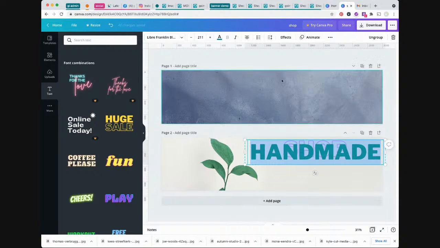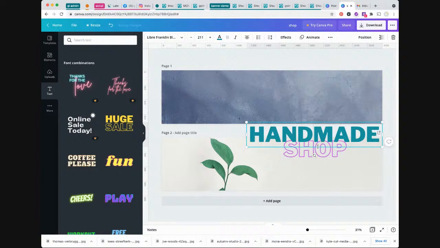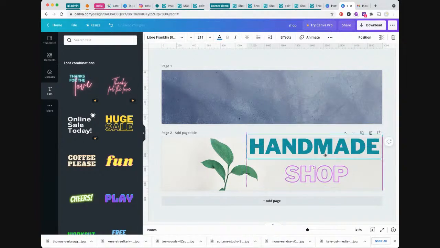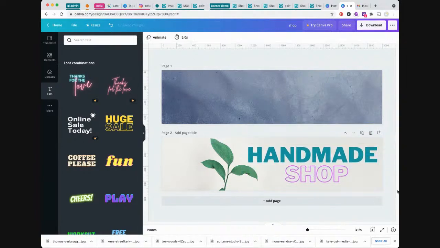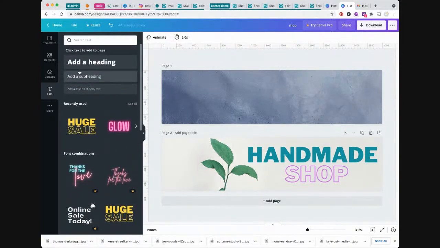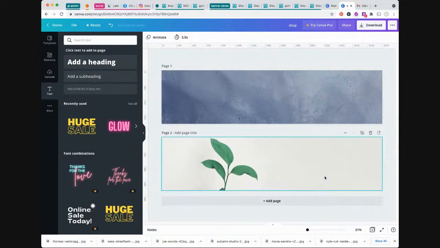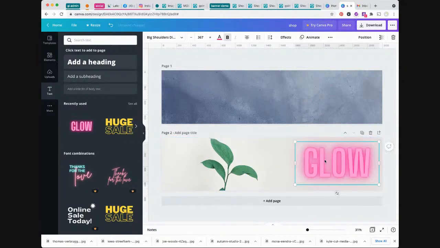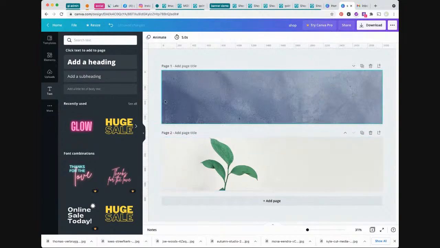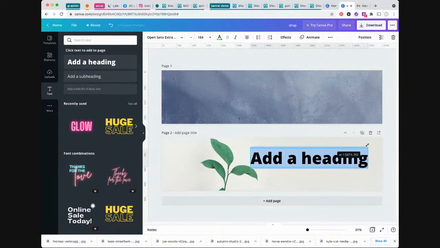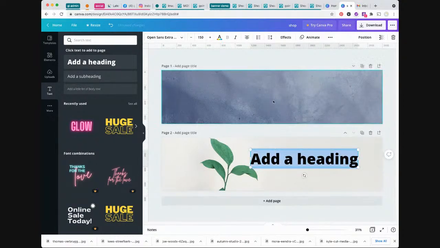Of course, it's stacking now, but perfect. So that was a formatted text. If you want to not use one of these formatted texts, there's plenty of them too, like a glowing version, lots of effects. If you were going to add simple text, you can drag to adjust the sizing, but also